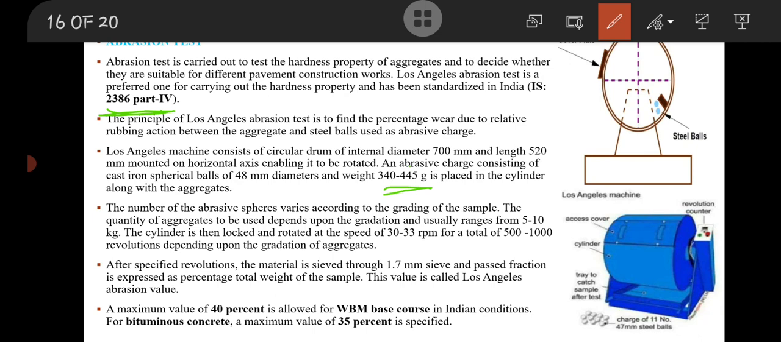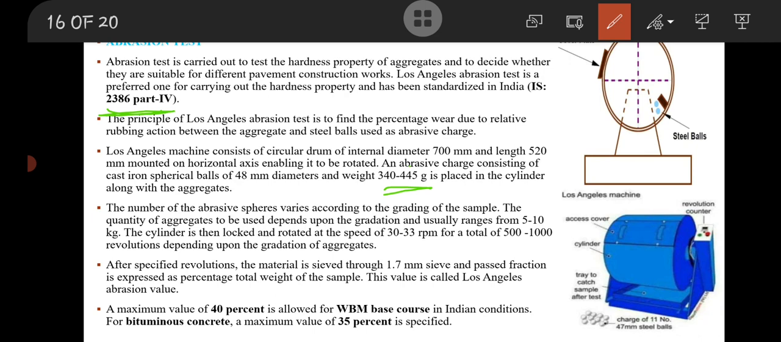This revolution is for material of 5 kg to 10 kg. We can test 5 to 10 kg of material at a time. Then after running 500 to 1000 revolutions, the material that has been crushed along with the steel balls, we have to calculate